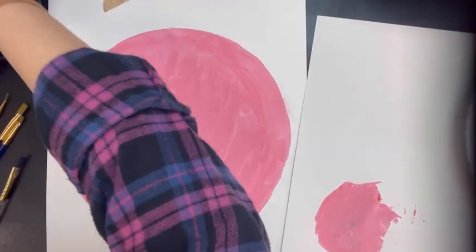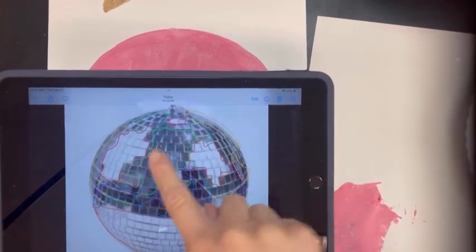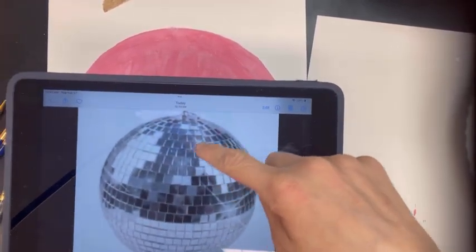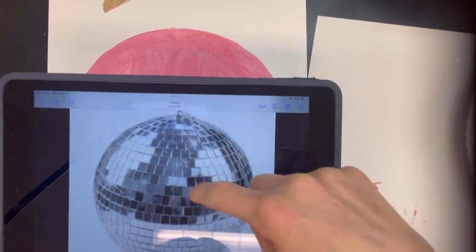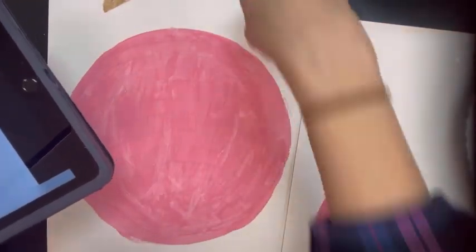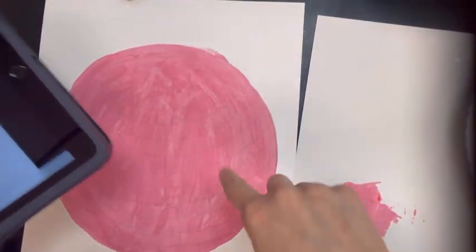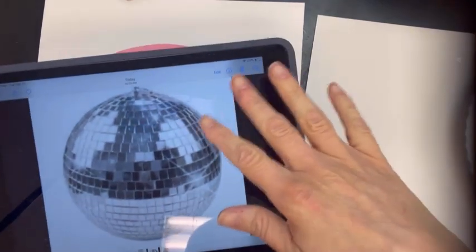All right, for my next step, I'm gonna start with my lighter values. And so you can see I have a big chunk of the lightest value, like these ones are mostly white here. So I'm gonna do something like this. My shapes are not going to perfectly align, and this disco ball should be flipped like this if I'm gonna compare it to the photo, but my shapes are not gonna align perfectly, and that is totally fine, so just